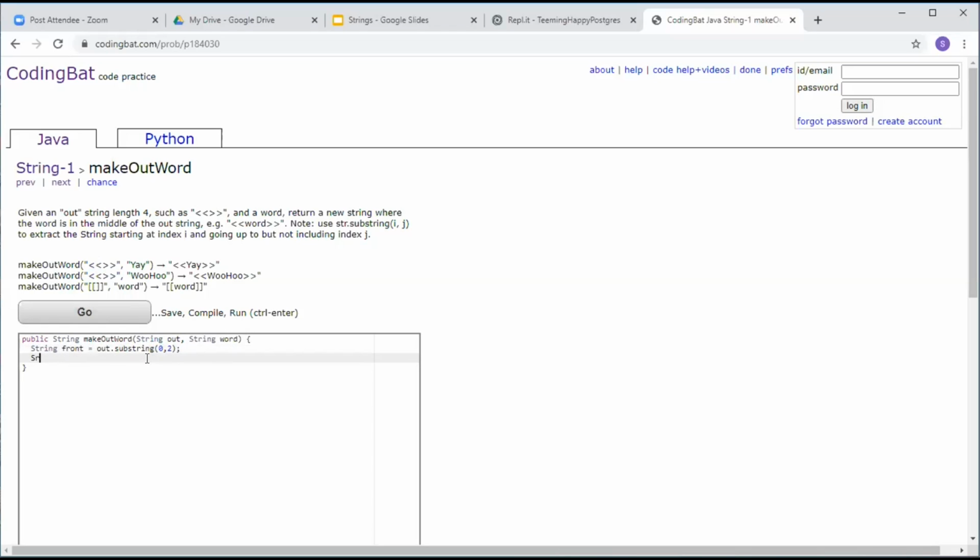We do the same thing for the back end. Substring is the method I went over in the slides. It allows us to take a part of a string. For this instance, if we want to find the last 2 characters, we could do 2, 4. However, as I noted before, if there's no second parameter, it just goes from the starting index to the end, which is what we want in this instance. So